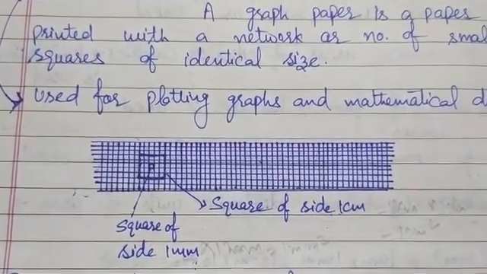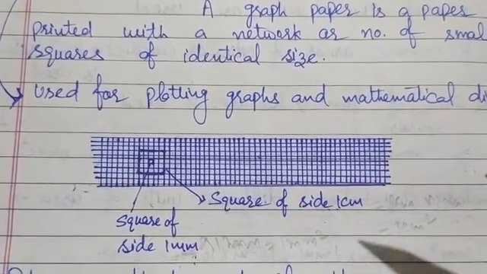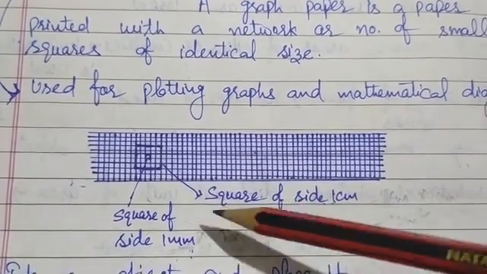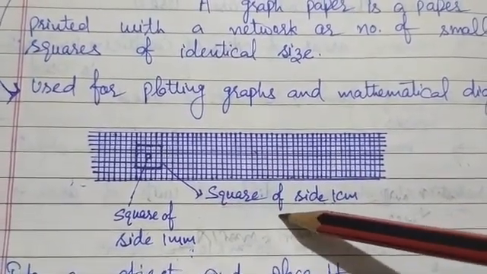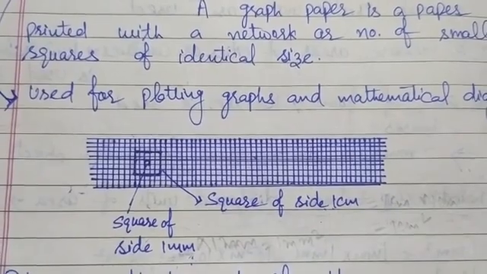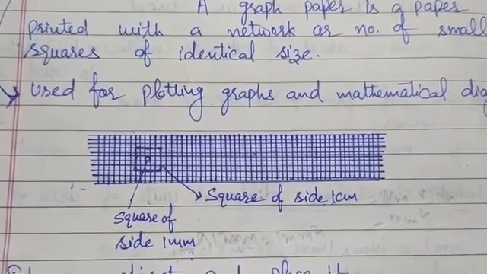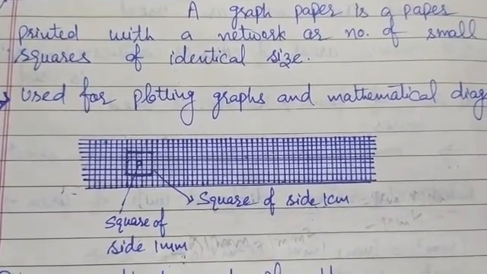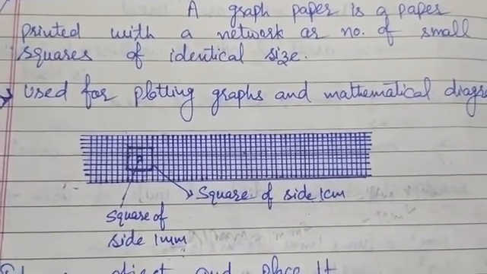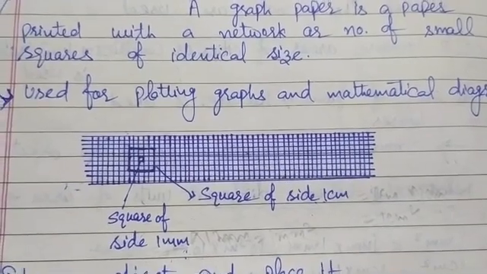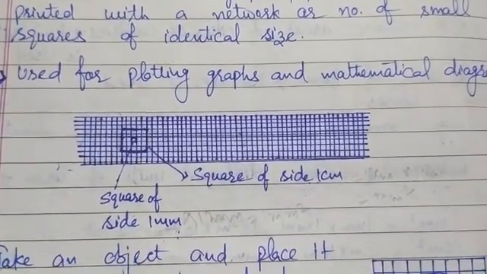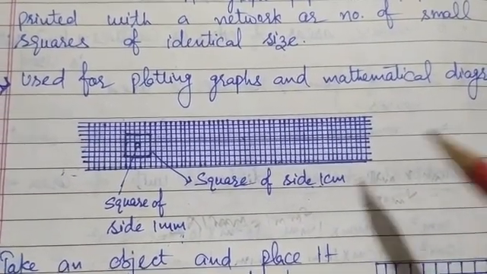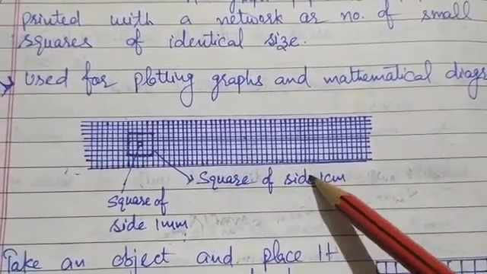Now this is an example of centimeter graph paper. We can also use other graph papers in which the size of the squares is even larger than these squares, and this method gives an estimation of the area of irregular objects. Means this method is an estimated method for calculating the area of an irregular object. But we can improve the estimation by taking the size of squares as small as possible.